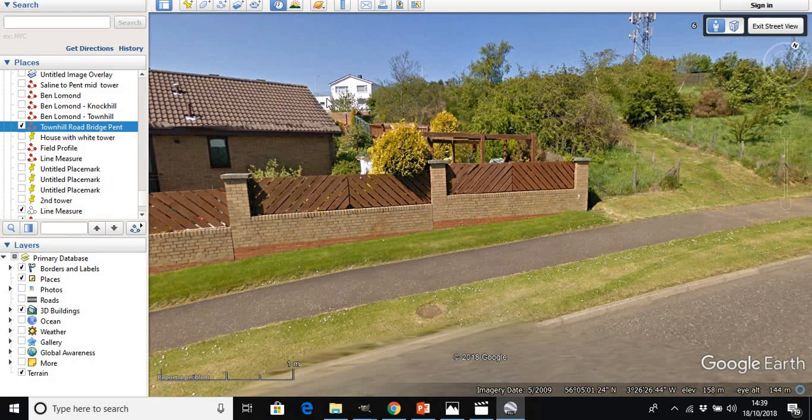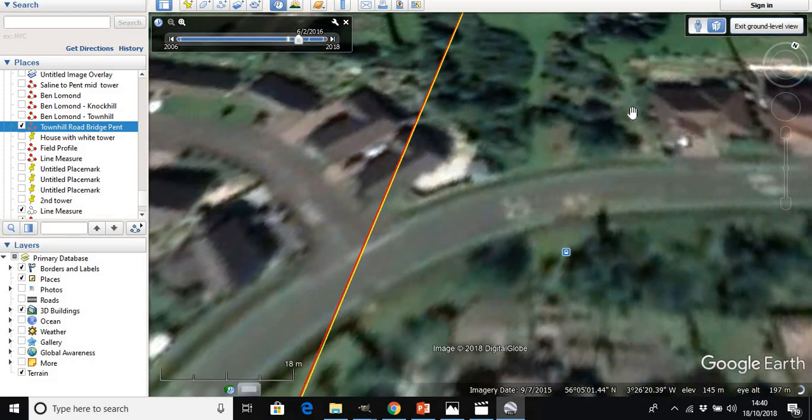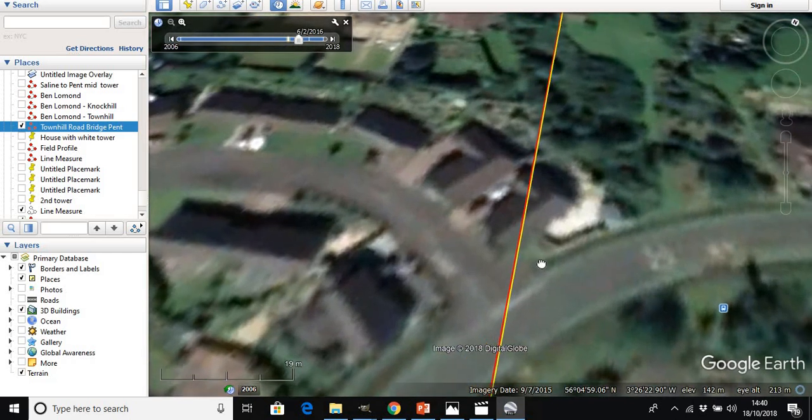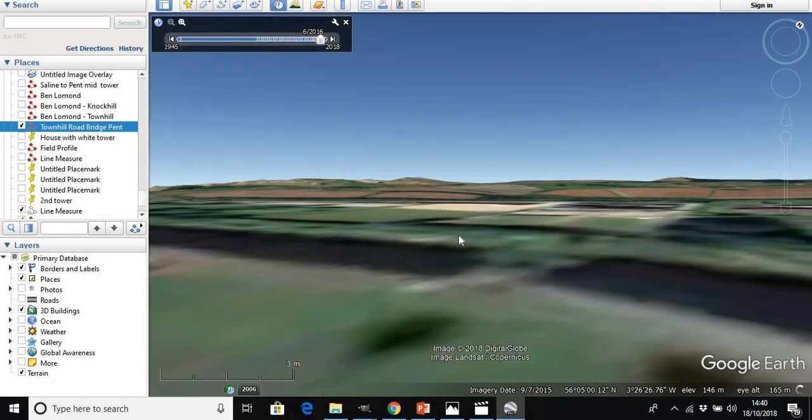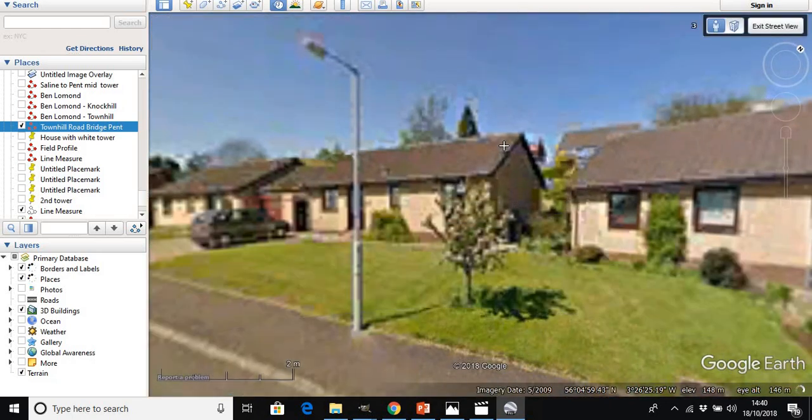There is a white structure, flat roofed sort of structure next to it. We can't see on this side whether there is a similar structure or not. I don't know if there's a chance of seeing it. I haven't actually looked from here. There might be a chance of seeing through between the houses this way, but